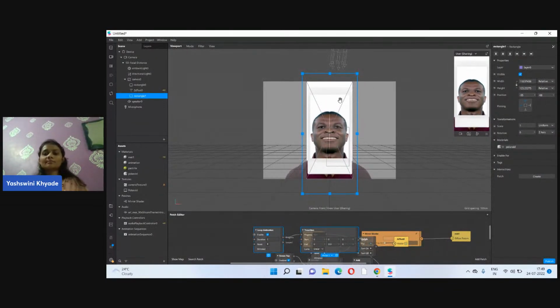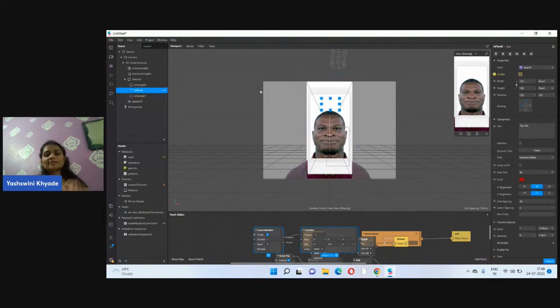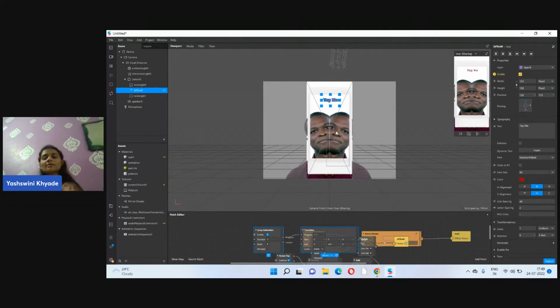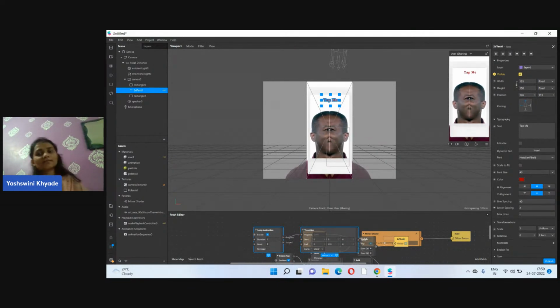Now let me take this tap me 2D text somewhat above. Yeah, we will put it here, or we can take it downside also, but it is blinking, so we don't have any problem with that. It will get disabled. So this is how you can add the polaroid, or we can say frame also,